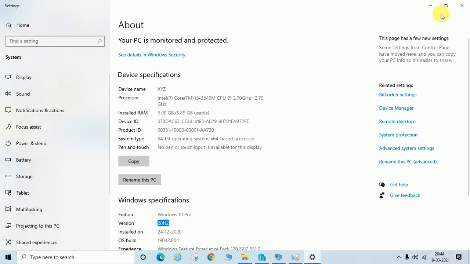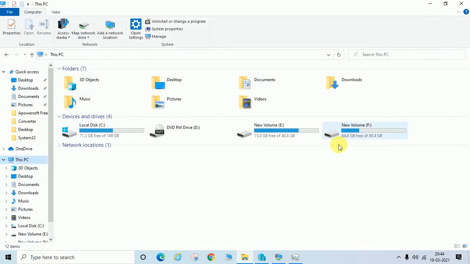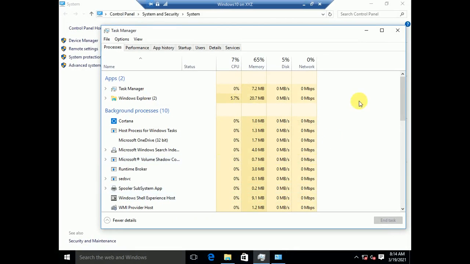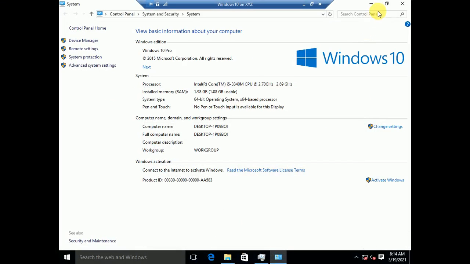I am going to show you another machine which is not updated, meaning version 20H2 is not installed on this machine. This is also Windows 10, and you can see this machine's computer properties showing like this: Windows 10 Pro and 2015 Microsoft Corporation all rights reserved, and here you can see the Windows 10 logo, computer name, and all these things like processor, RAM, system type.